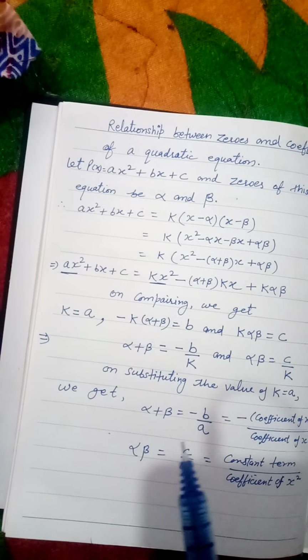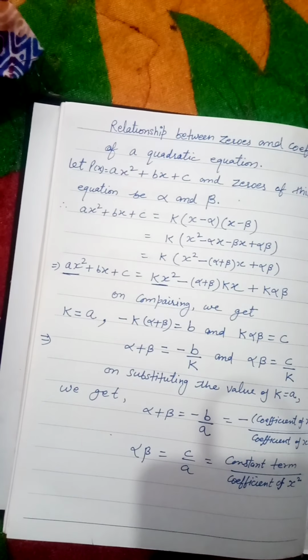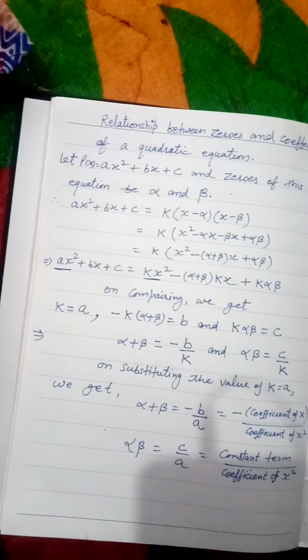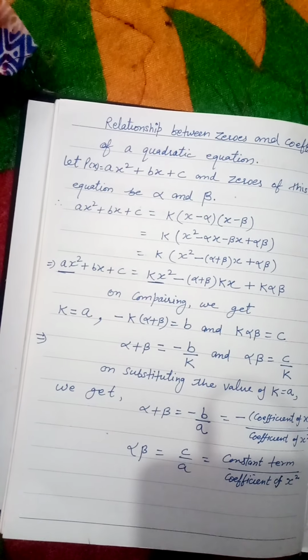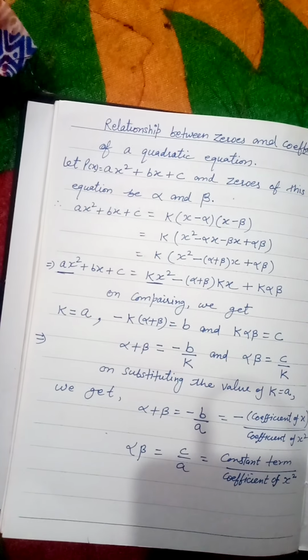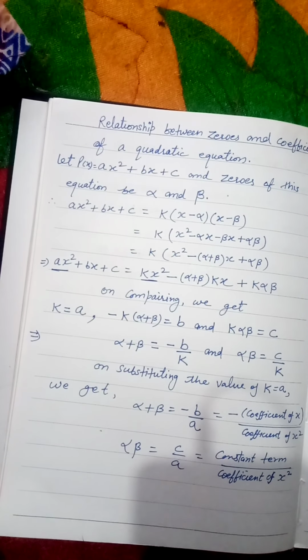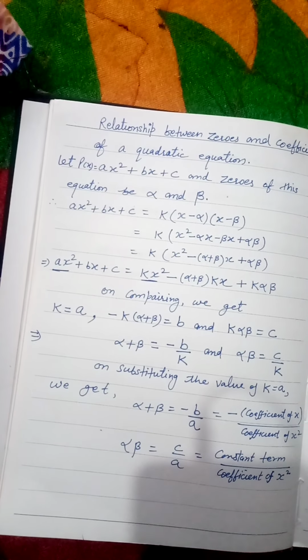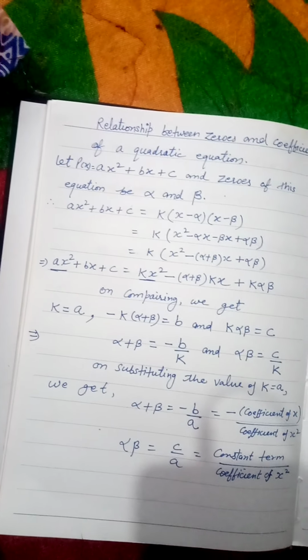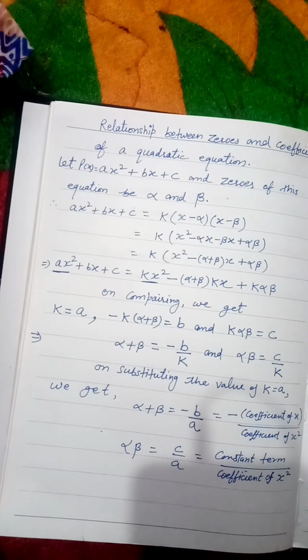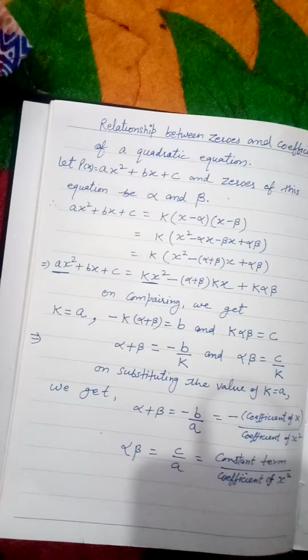So guys, if we want to find the sum and product of zeros of a quadratic equation, we don't need to solve the quadratic equation. We can just compare that equation with alpha plus beta equal to minus b by a and alpha beta equal to c by a. For example,